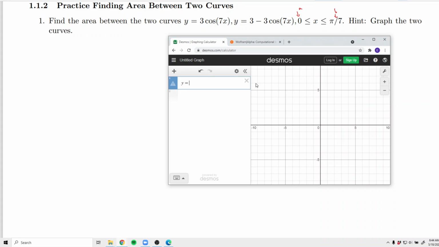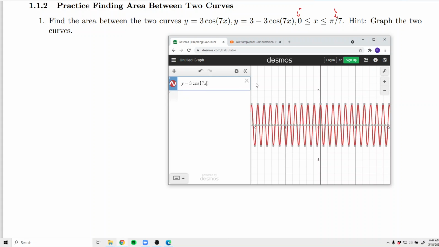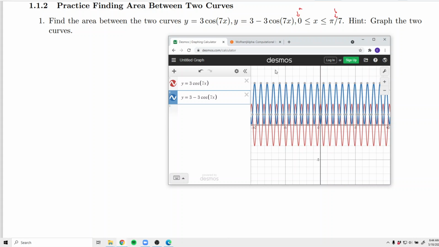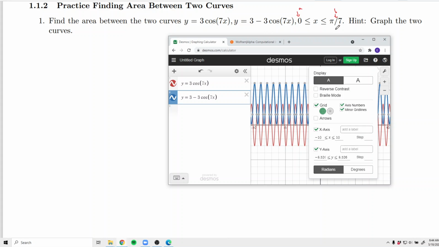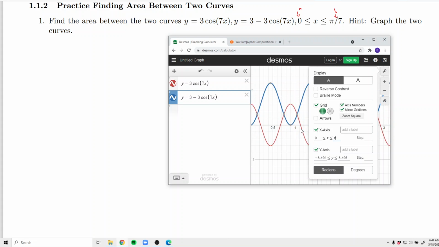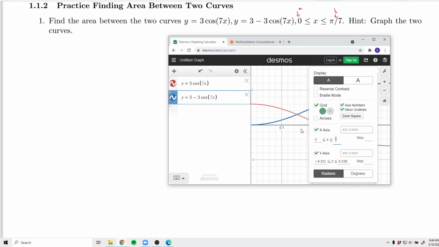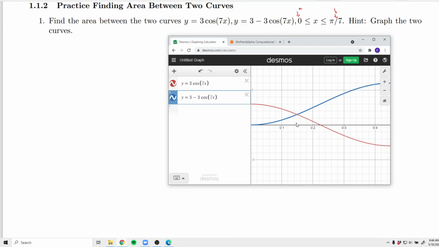We have y equals 3 cosine of 7x. And don't worry, we'll adjust everything here. And also y equals 3 minus 3 times cosine of 7x. One thing is that we only care about x being between 0 and pi over 7. So if I click this little toolbar here, I can make the x values go from 0 to pi over 7. Now the step size,